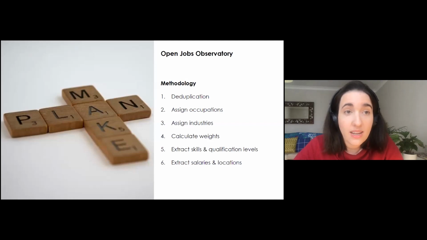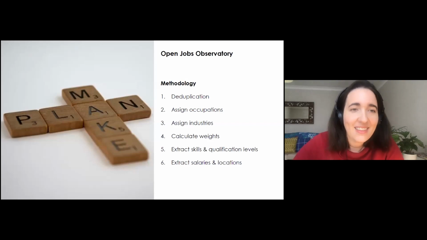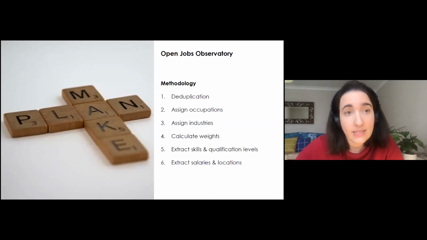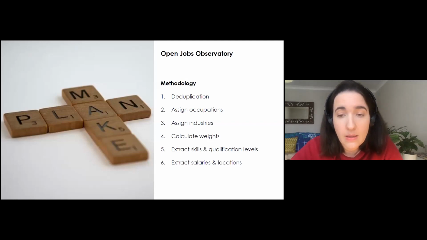Ideally, though, we'd also like to assign job adverts to ESCO, not this ESCoE, the European Skills, Competencies and Occupations ESCO. We'd like to assign industries. We've previously matched company names to Companies House and extracted SIC codes using that method. So I think we'll try that to begin with.